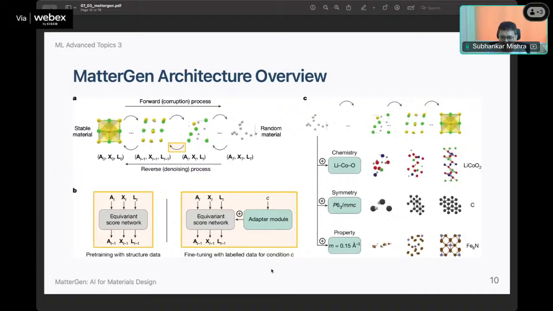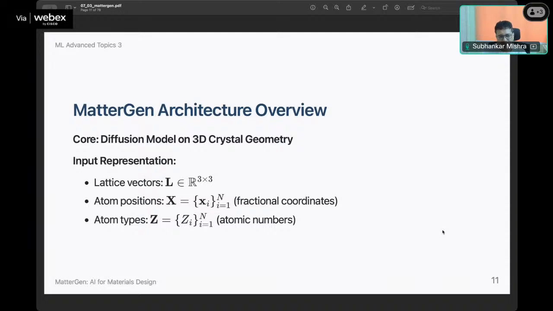But there are some other parts that are attached to it. Specifically, if you see, we have structured data, we have an equivariant score network, and we have an adapter to make sure that we fine tune with the desired properties and so on. So moving forward,